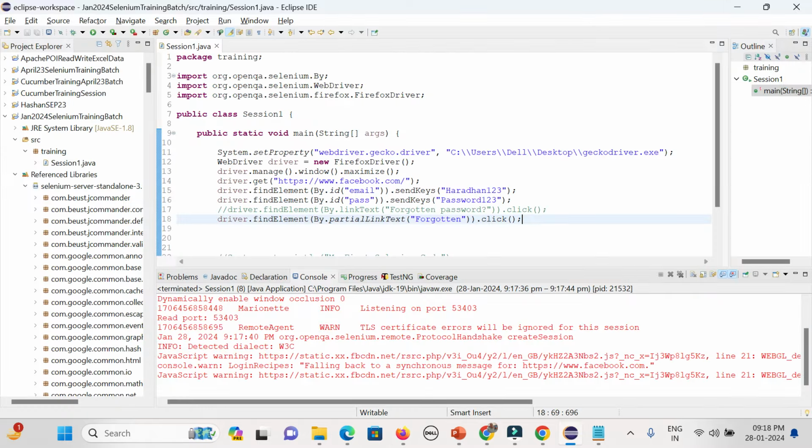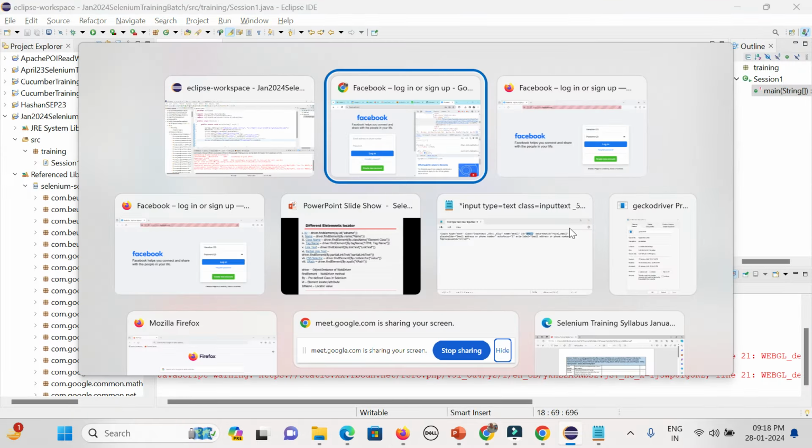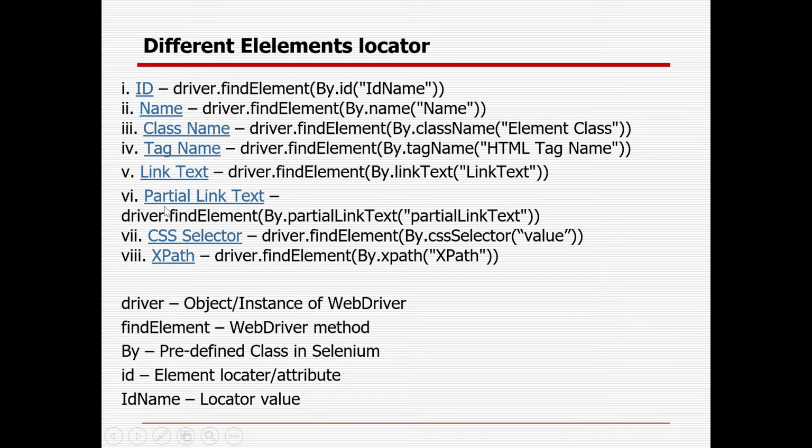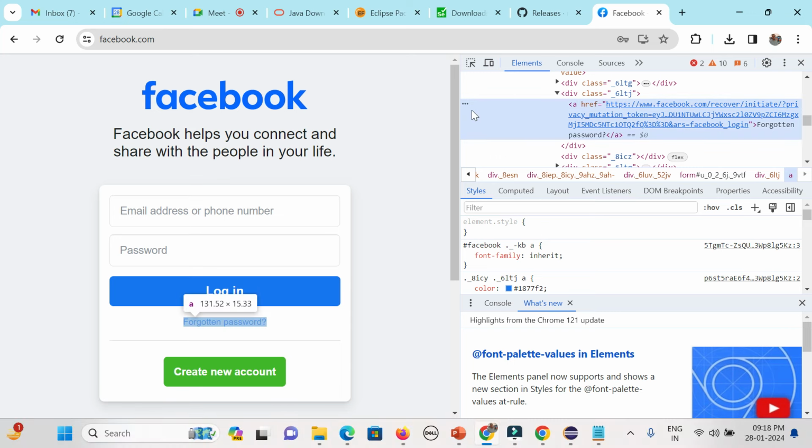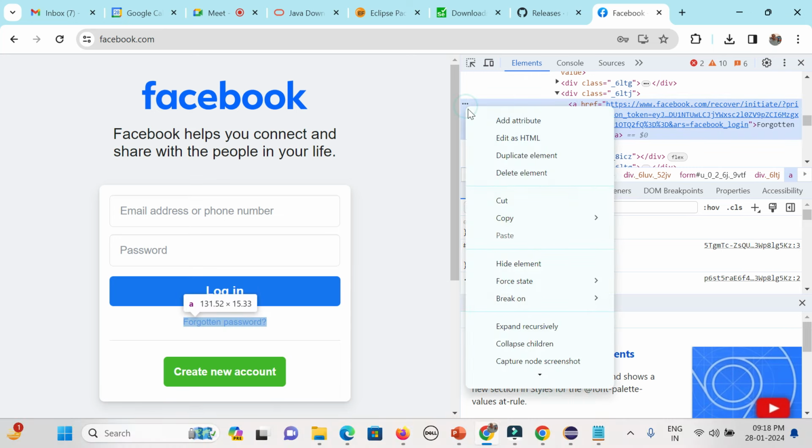So these are the different ways you can identify elements. ID, name, class name I told you, tag name I will cover, link text, partial link text. CSS and XPath I will also show you the default one. In case you don't want to create anything deep, you can copy it. There is an option available called selector, which will give you the default selector. And in case you want the default XPath, you can copy XPath.